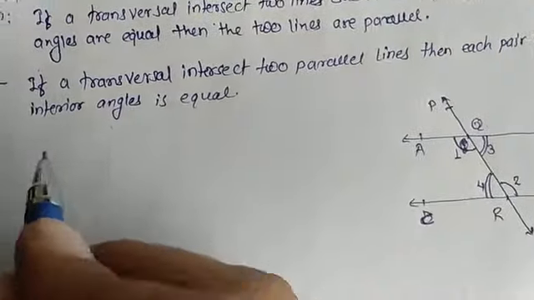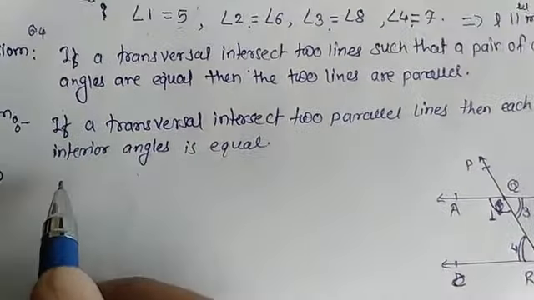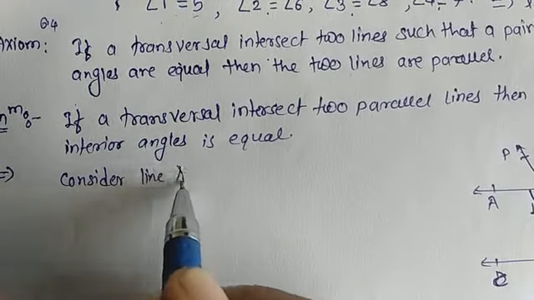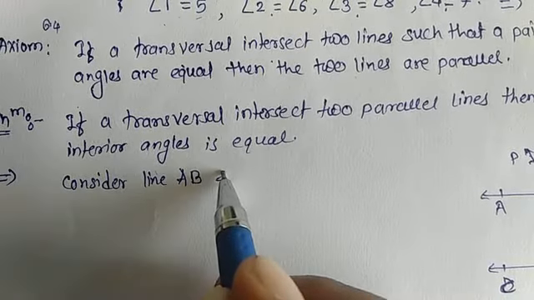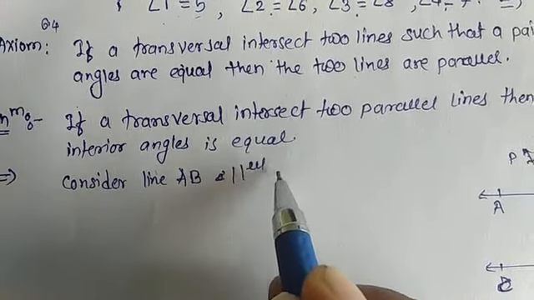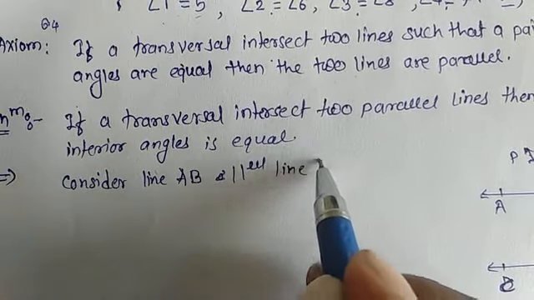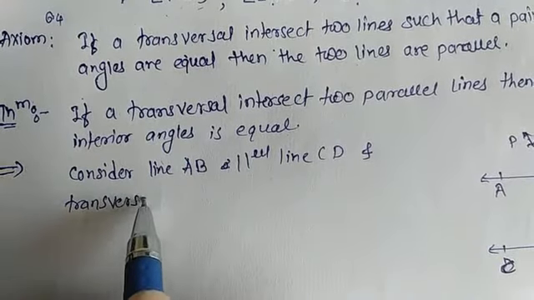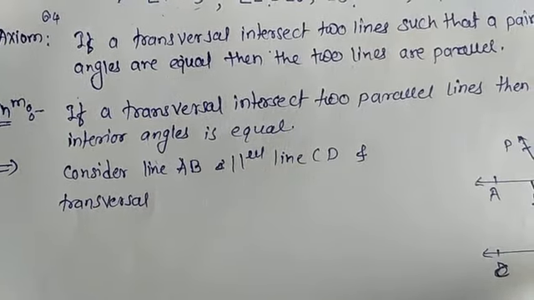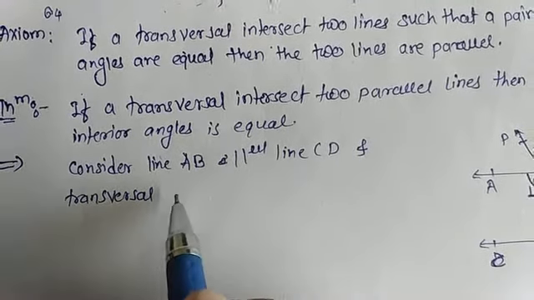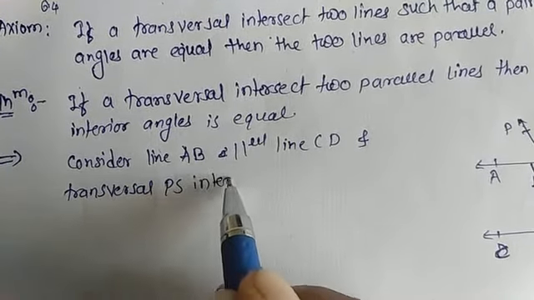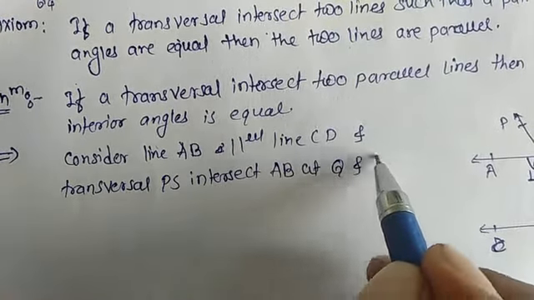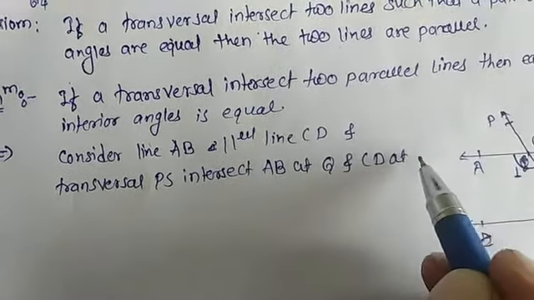Now here we will write first of all what we have considered here. Here we have considered line AB, and line AB is parallel to line CD, and transversal PS intersects AB at Q and CD at R. Okay,